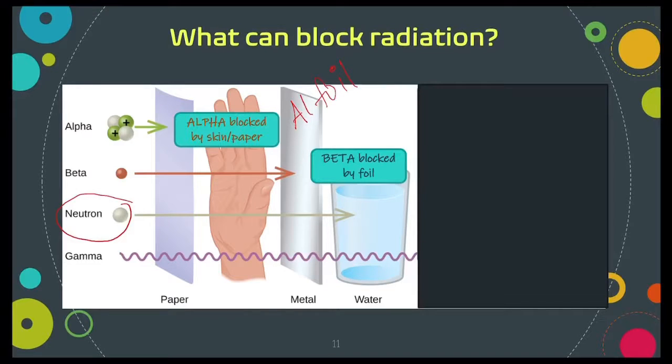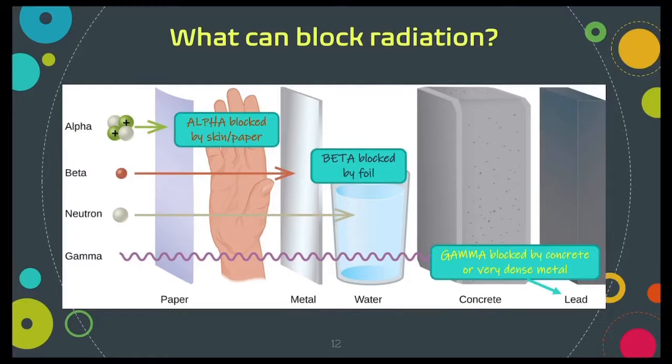Okay, gamma ray is the other type of radiation that we want to focus on. A gamma ray, remember, has no mass and no charge. It has the greatest penetrating power because it is the smallest. It has no mass or no charge. So several feet of concrete can block a gamma ray. And also, if you have some kind of dense metal that's several centimeters thick, like lead, that can block the